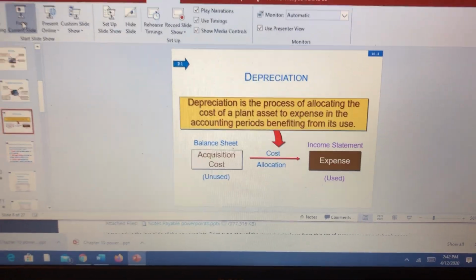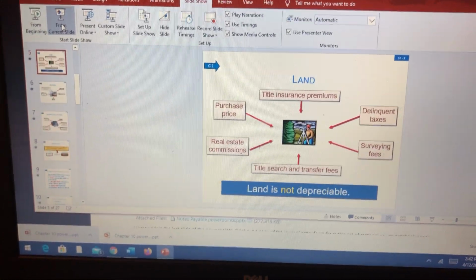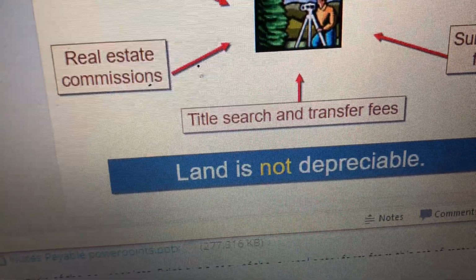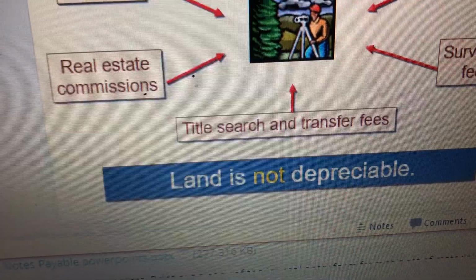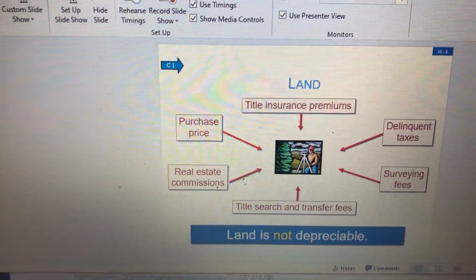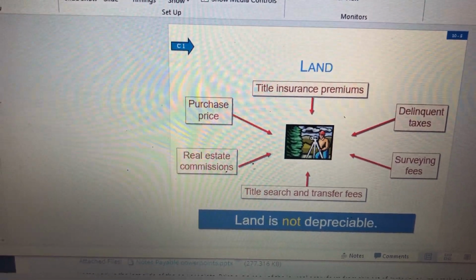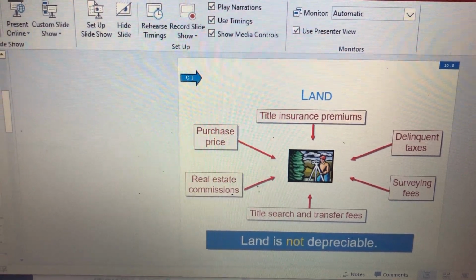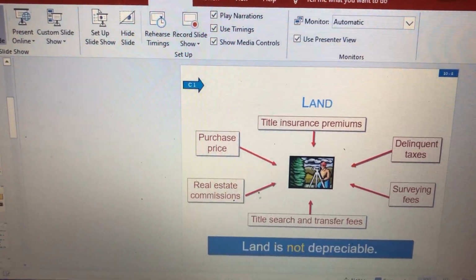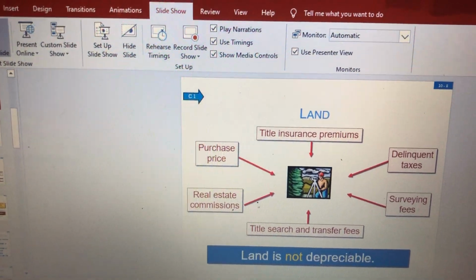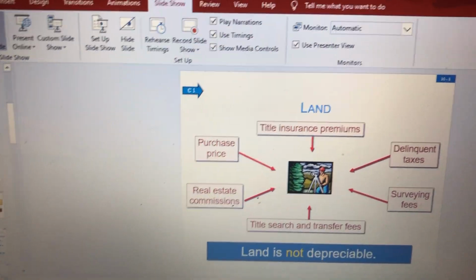Now I want to go back to some of these slides that we missed, and one item I want you to know is that land is not depreciated. Okay, generally land increases in value for the most part, although there are some exceptions that I would think, such as if we have a landfill down going toward Greenville. If you have a piece of property down there near a landfill, it's probably gone down tremendously in value, and